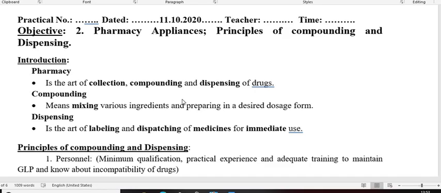So this is the second class of academic session 2020-21, and this is the practical class. So today I am going to discuss something about the pharmacy appliances, principle of compounding and dispensing. So before going to start this one, we have to go through the